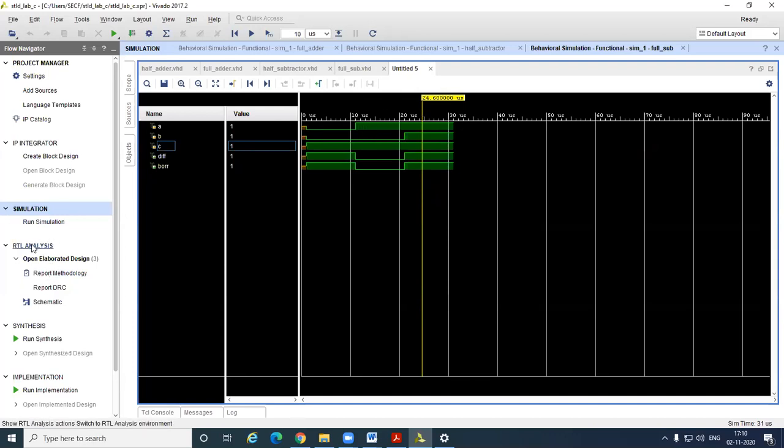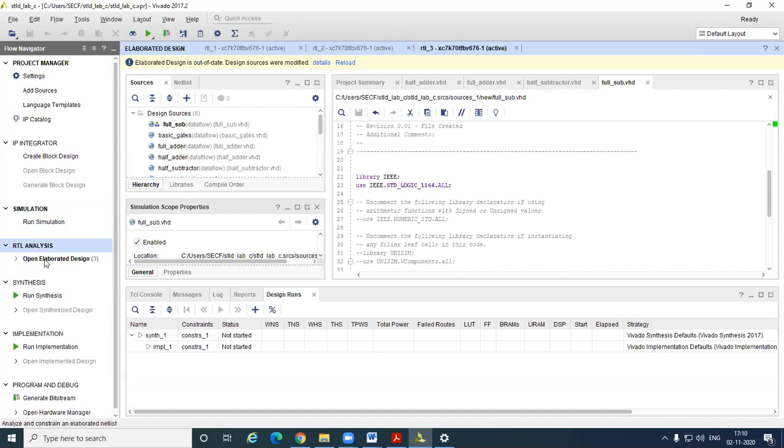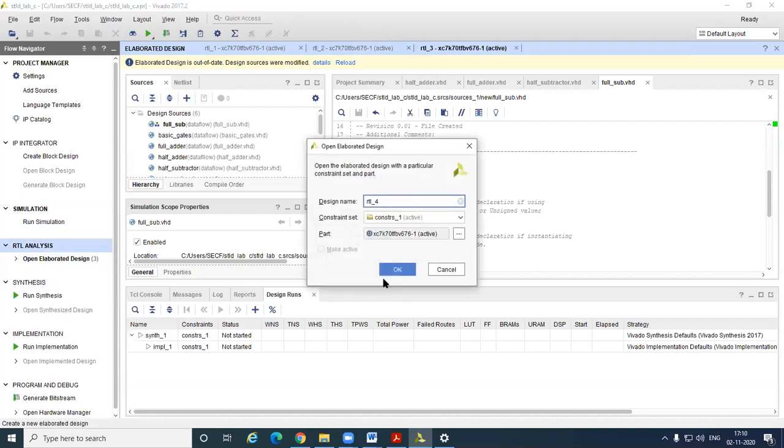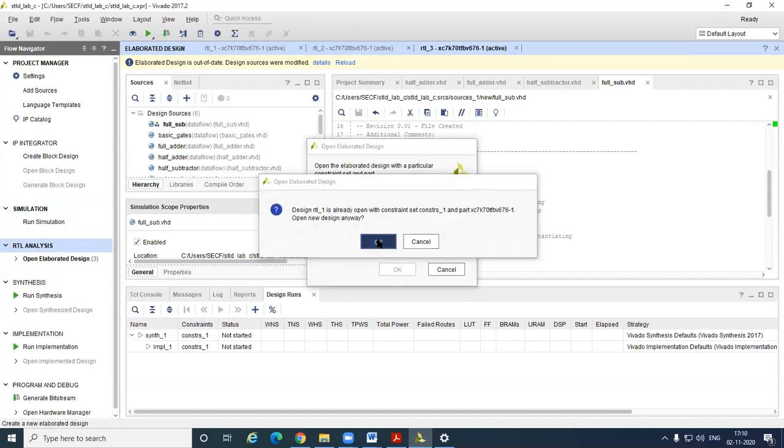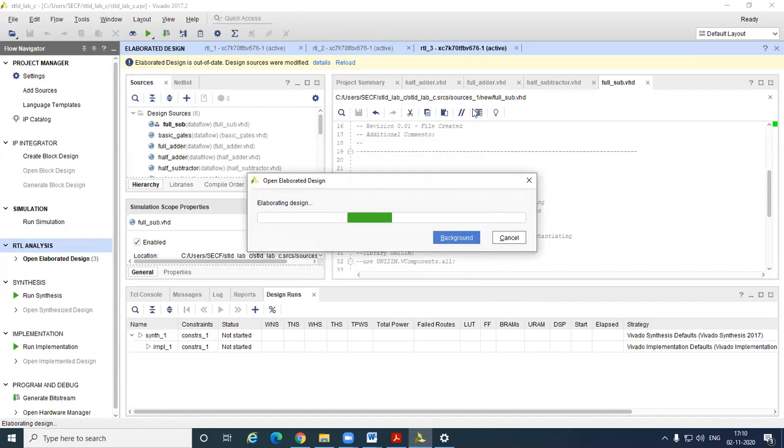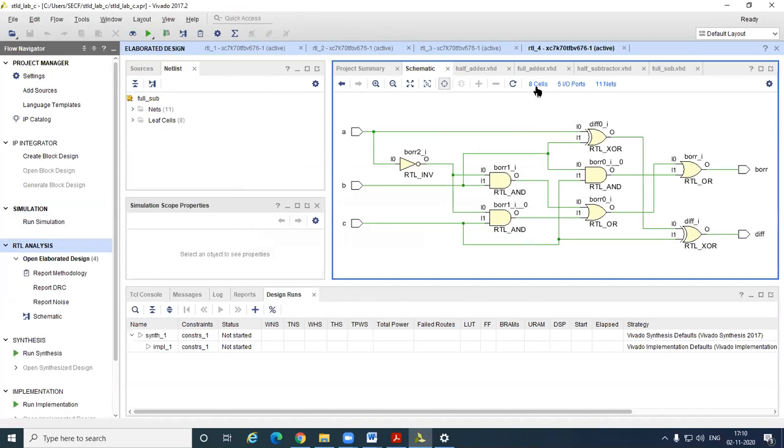Now I'm going for the elaborated design for the circuit, for the given code. Similar to the full adder, it is the same, except we are getting one borrow symbol here. The corresponding borrow symbol appears here. It is the same as there, except borrow here. If you observe that